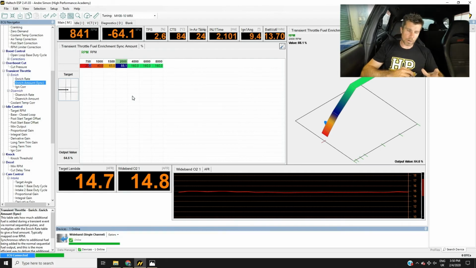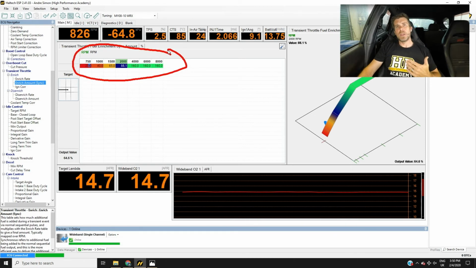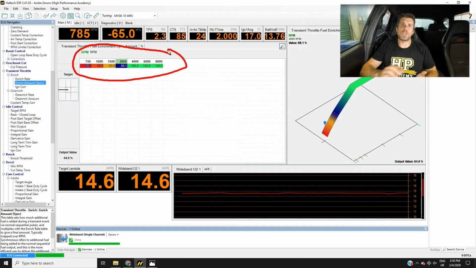Just need to understand the interaction between those two tables, and in other words, whereabouts you want to make your adjustments. Now, we've done a similar webinar on this topic in the past, and one of the questions that came up was, why are the numbers as they are in this table? Now, generally what we find is that with acceleration enrichment in any ECU, standard, factory or aftermarket, the amount of additional enrichment required is maximum at low RPM. And as the RPM increases, we generally find that we need less and less transient or acceleration enrichment, to the point where generally once we're past about 4,500, 5,000 RPM, we need little to no acceleration enrichment just due to